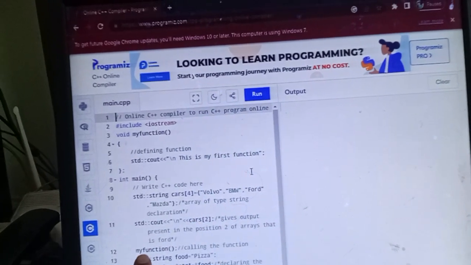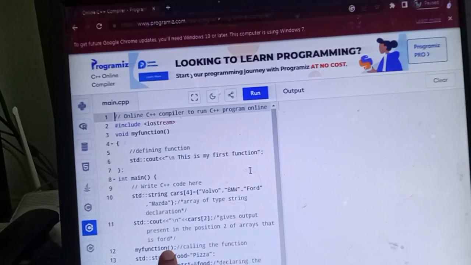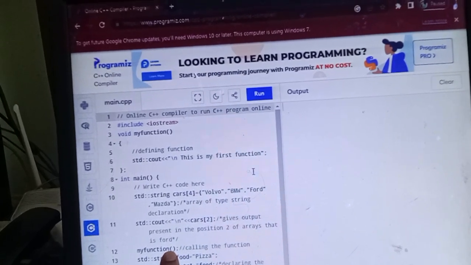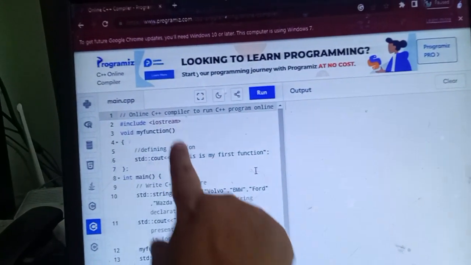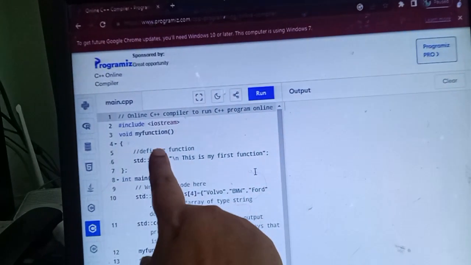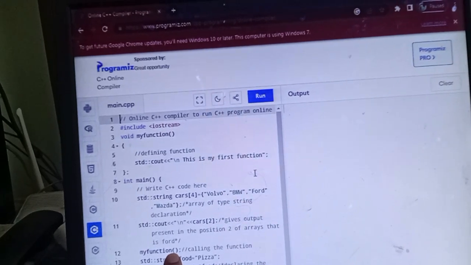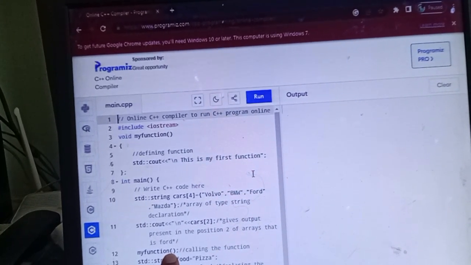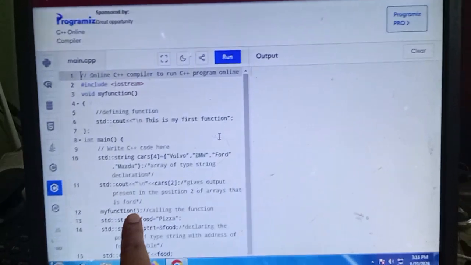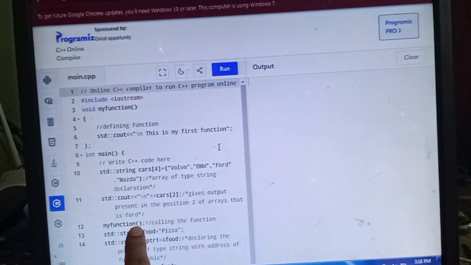Next coming to function calling. This is only for declaring and defining. How can you get the output of this particular function? You have to call the function here. See, for example, in general life, if there is any marriage or function, you call your relatives.